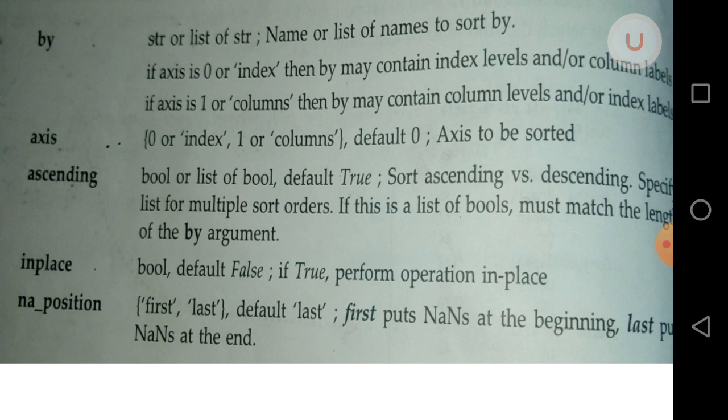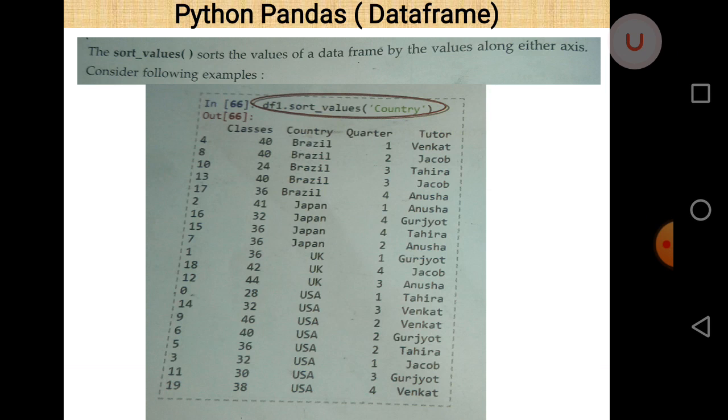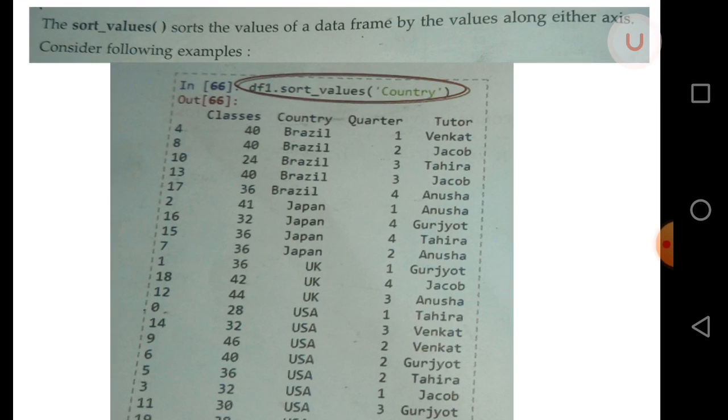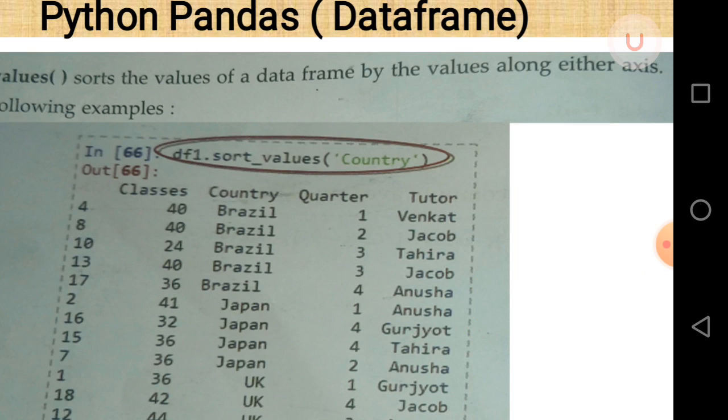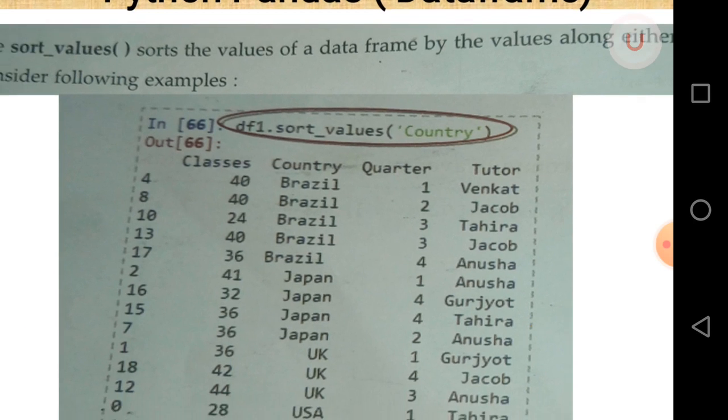So now let us understand using an example here. Suppose the data frame name is df1, and when we apply the function sort_values and pass an argument within the sort_values function, and that is country. Basically country is a column name. So actually data will be sorted according to the column country and in ascending order, because by default it